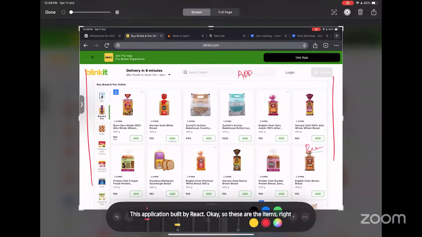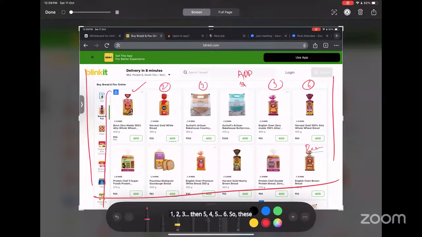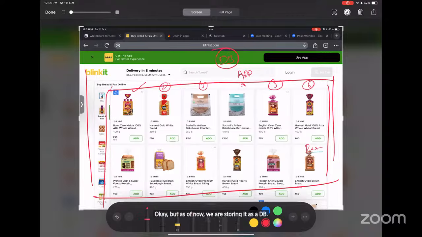For example, this particular bread, 1, 2, 3, then 4, 5, 6. These are our items. But as of now, we are storing them in a DB. Somewhere we need to add them from the DB.